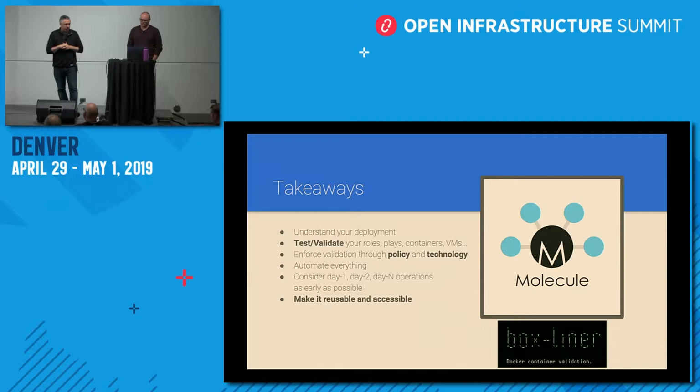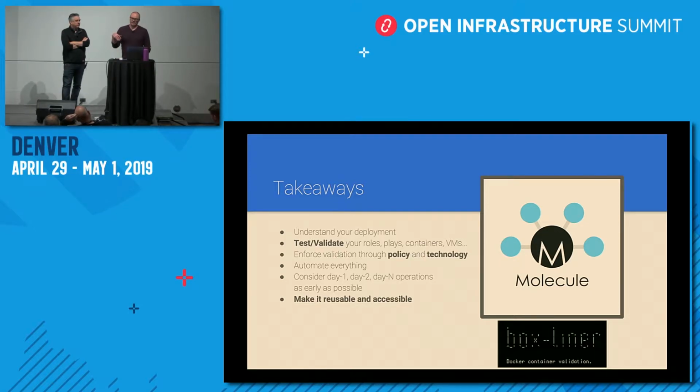And also, really another key takeaway is just making things reusable and accessible. And I know you had some good stuff to talk about that. Yeah, automation is clutch to making it reusable, because you want to make sure that everything is repeatable, and so getting it on there over and over and over again. I know when I log into systems, I rarely type the same command exactly the same twice. However, something like Ansible or Chef or Puppet or whatever you use is far better at that. Machines are good at that. Humans are bad at that.